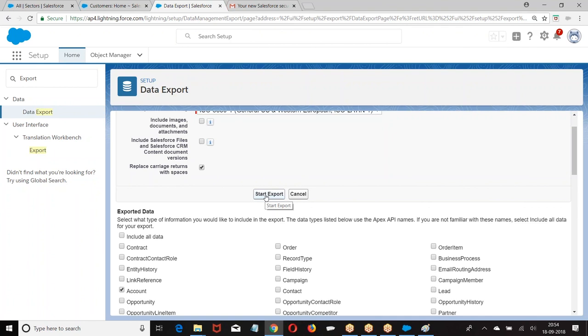But if it is an import wizard, if I'm not a Salesforce guy, I'm a clerk in the bank, I'm not a Salesforce guy. For me, if you tell me to use a data loader, enter username, password, security token, then I cannot do all this stuff. It should be simple for me. Are you getting it? So import wizard will be easy because it's a drag and drop model, built in. Whereas data loader, you have to install externally.